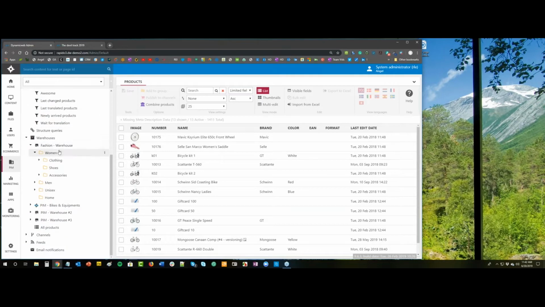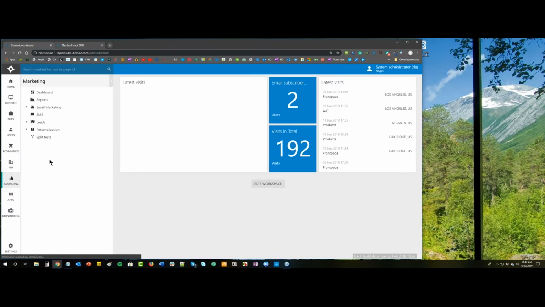The PIM is wonderful. It's being updated rapidly twice a year as the rest of the product, and it's quite powerful. And just to wrap up, marketing is where we bring it all together, where you created content, you have users you've identified as groups or these user smart searches and really pinpointing the right customer, and you can deliver them an email. And the benefit of using Dynamicweb as your email provider for the marketing emails is that